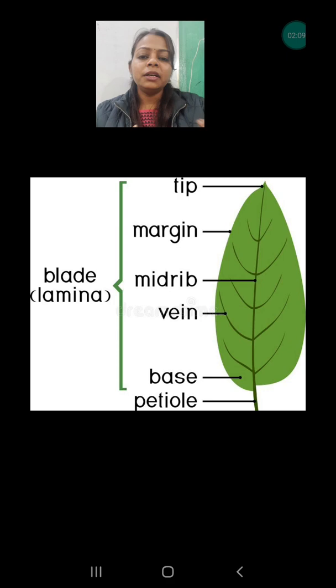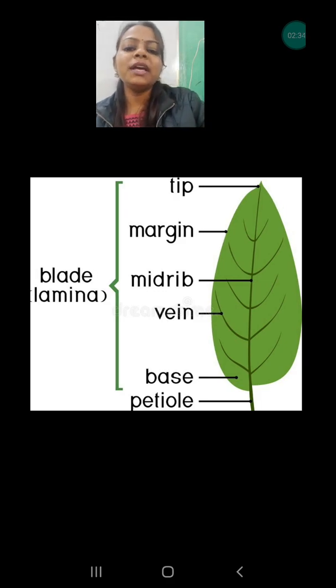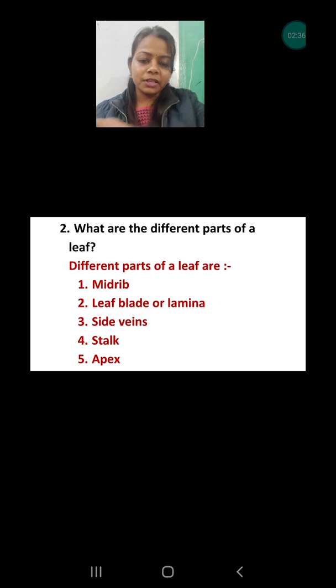They are the tip, which is known as the apex also, the leaf blade, which is known as the lamina, the margin, that is the side edges of the leaf, which depends on the shape of the leaf, and the midrib, which gives support to the leaf, and the veins, which are used to transport water and minerals. Here I am explaining only to revise, my dear, but you don't have to write the function. You only have to write the answer that I have written in this slide.